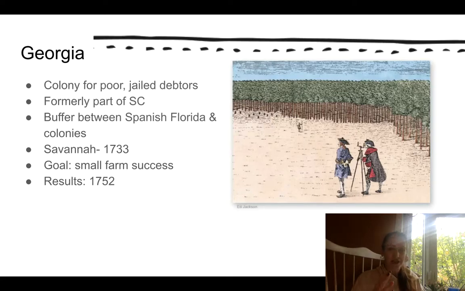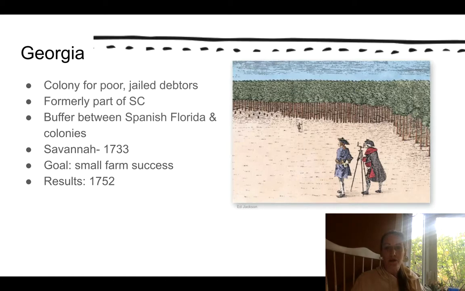So think of this deal here. If you owed money in England, now you have to also keep in mind how deadly it was in the Americas. We already gave you some of those numbers, but they would send you free passage to Georgia. They would give you free land, free food for a while, even free cattle, until you were able to provide for yourself. So if you had slaves, that wouldn't help produce small farms. So this was the situation. And it was successful. So much, in fact, that by 1752, they were able to give up their charter and become a royal colony.